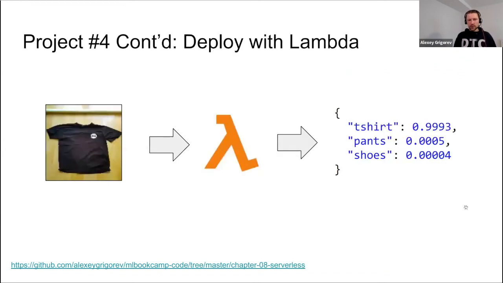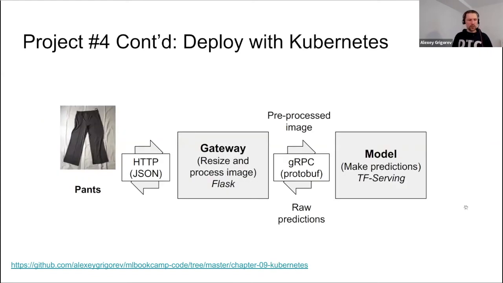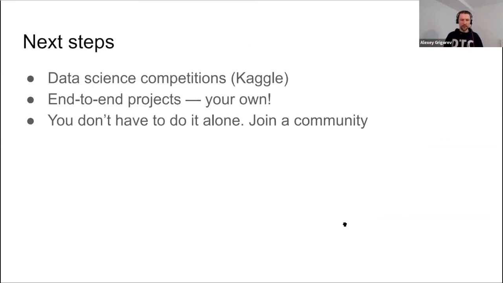And then, I didn't mention this before, but there are multiple ways of deploying your model. You can deploy it with, for example, AWS Lambda, which I think is becoming quite popular. And you can deploy it with Kubernetes. As software engineers, you probably already know Kubernetes, and you'll just need to think, okay, I already know how to use Kubernetes, but how do I use it for deploying machine learning models? You can spend some time doing that. Of course, I have all the materials, so you can check that. But as I said, it's far more fun to actually figure this out yourself instead of following a tutorial.